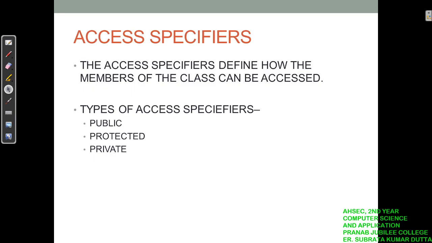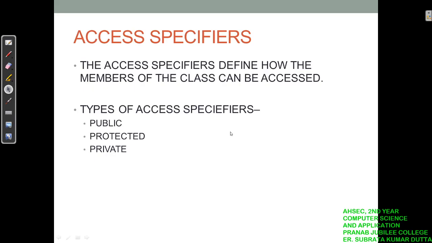So the access specifier defines how the members of the class can be accessed. What are the members? Data members and member functions, meaning variables, constants and functions that are declared within the class.